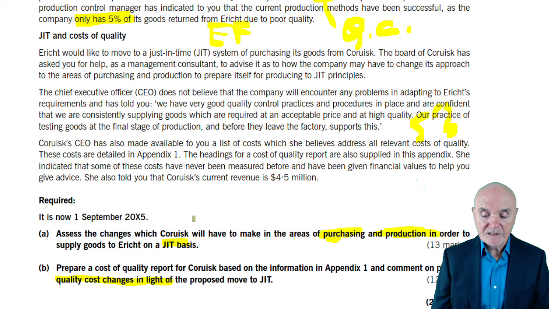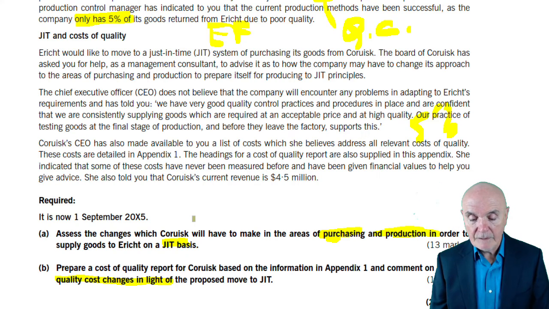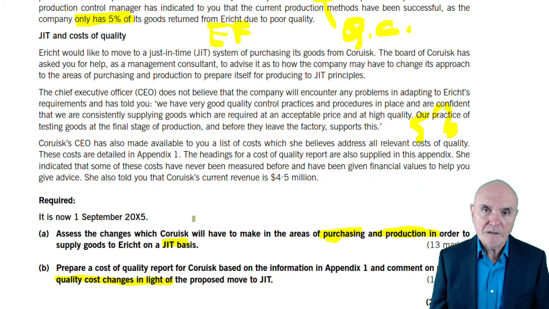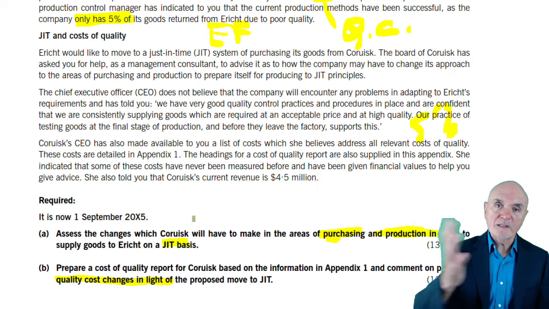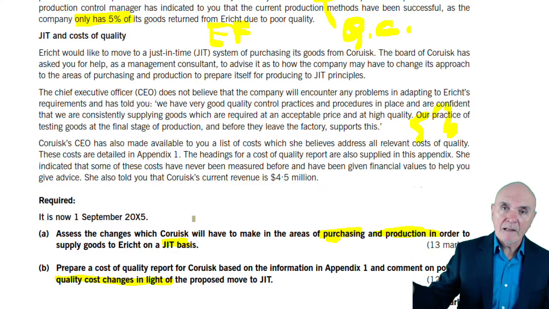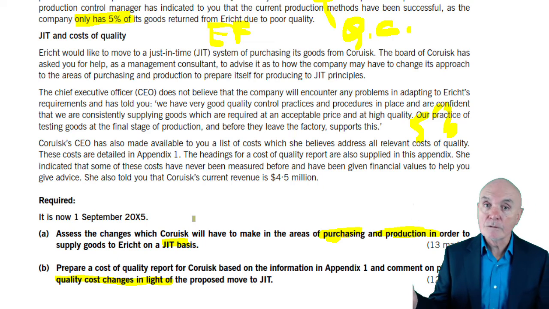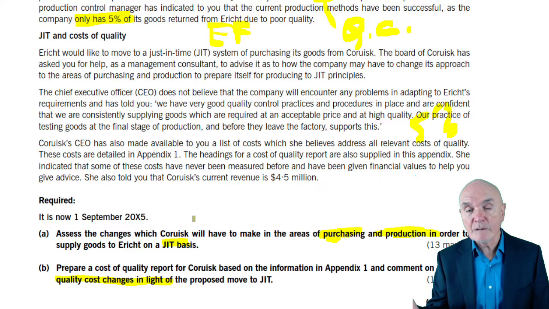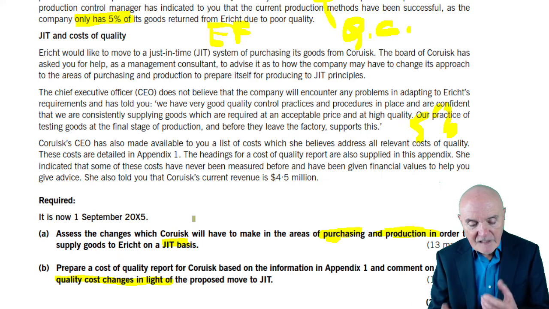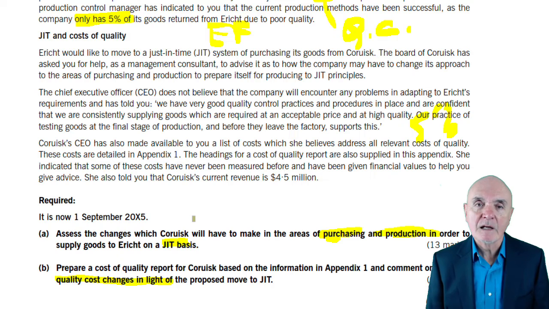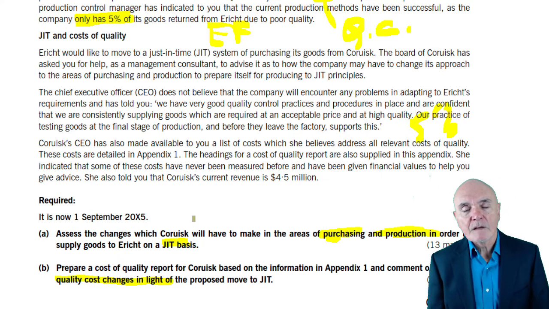The other element that just-in-time can bring in is that quality has to be almost faultless. If you're dealing with a conventional inventory system, then if you supply some goods to someone and those goods are faulty and have to be sent back, then your customer may well have a stock of goods in their warehouse or something which will get them through that problem. There's a kind of a safety margin, if you like, in the system. They are not closely linked.